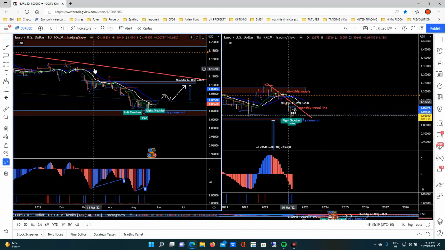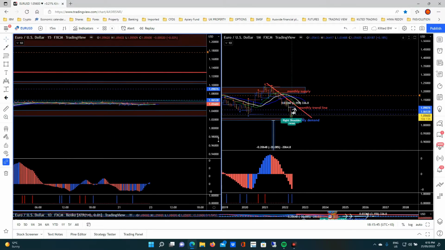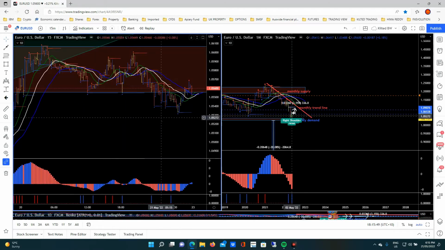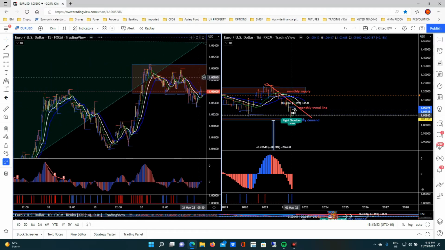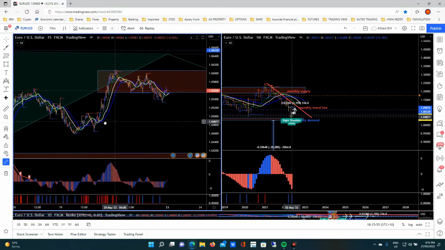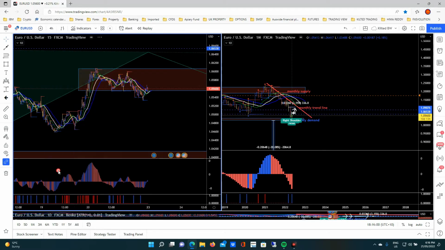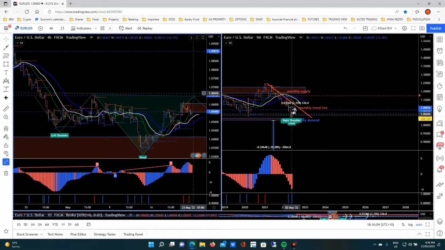Now, what I spotted on this one, I actually like to trade the lower time frame. So we'll go down a little bit lower, and we'll spot a couple of things here as well. If we reset the chart. Now, what I've done here is on the 15-minute, I actually spotted, actually, I'll tell a lie, it was on the 4-hour. So let me get that chart up. Because remember,